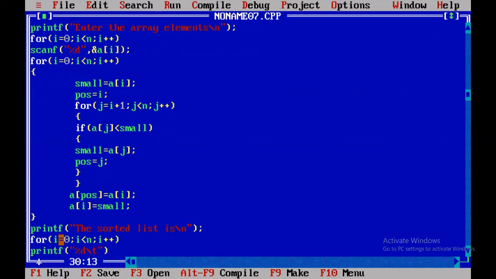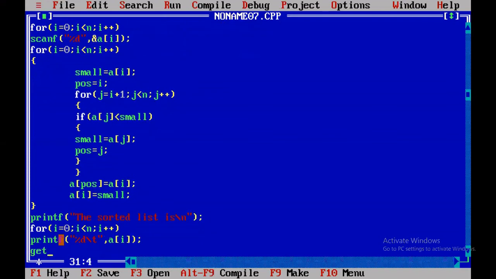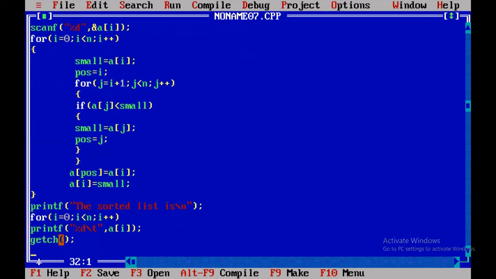I'll separate the numbers with a tab. Then getch(), and void main closes.